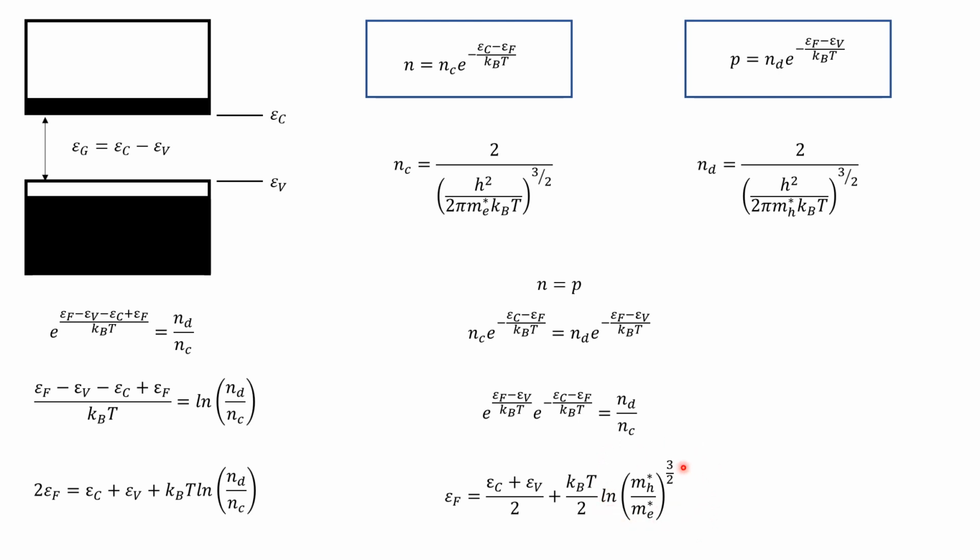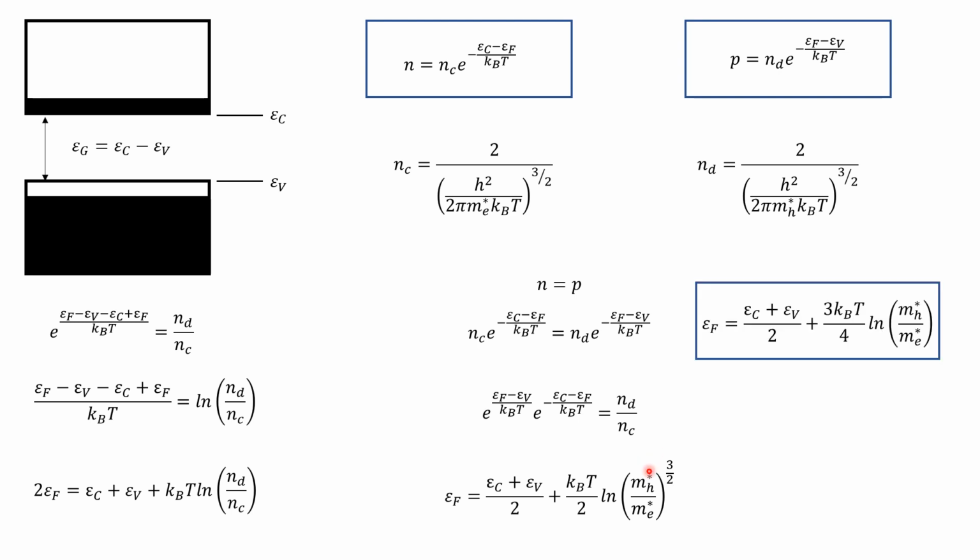And notice the power of 3 halves, and notice that we have the effective mass of holes in the numerator because the effective mass here is in the denominator of a denominator, so it's actually in the numerator. Now we can get rid of this power by multiplying this term by 3 halves,